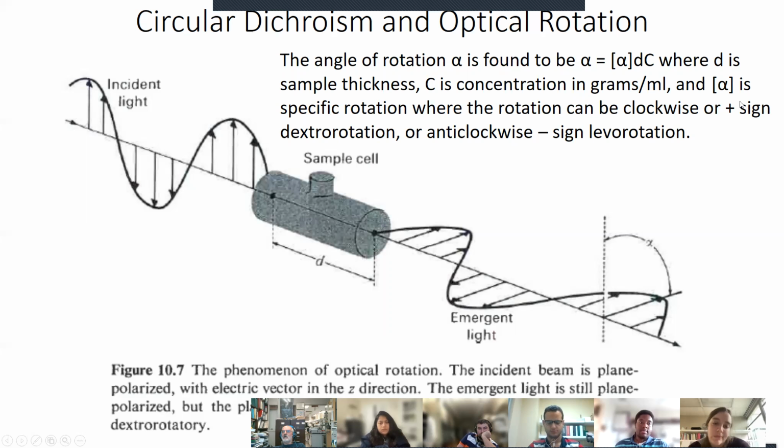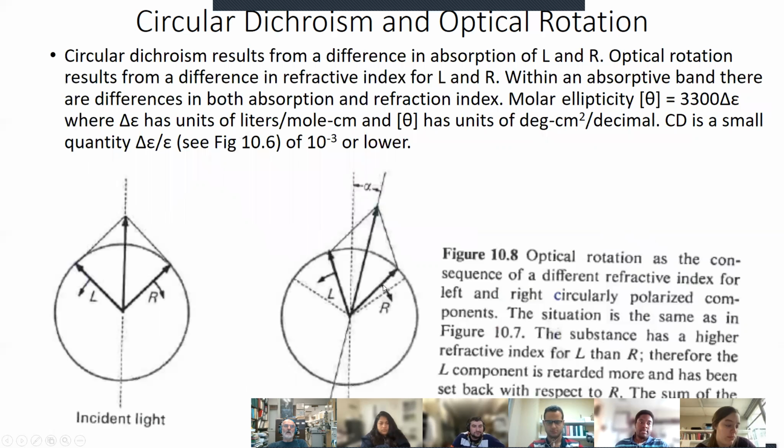The rotation can be either plus or minus. This corresponds to dextrorotatory or levorotatory in the chemistry notation. Okay, so the light will be rotated one direction or the other, depending upon the symmetry of the macromolecule or the symmetry of the molecule. And from the rotation, it tells you something about not just the presence of asymmetry, but also the particular direction of the asymmetry. All right, now,